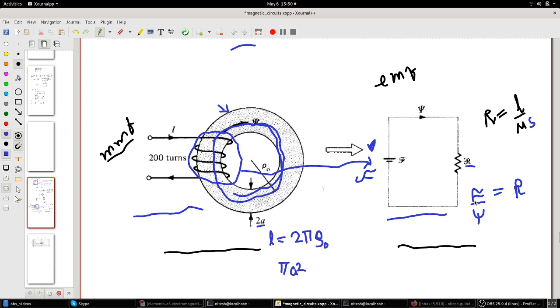So I have all the knowns, because I know my L, my mu, my S, and the number of turns. What I will need is I: how much current will I have to pass to generate that much flux. So here the unknown is only I, which I can calculate using this particular formula. So that's the whole goal behind it.